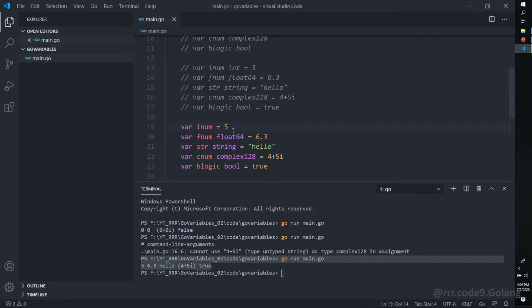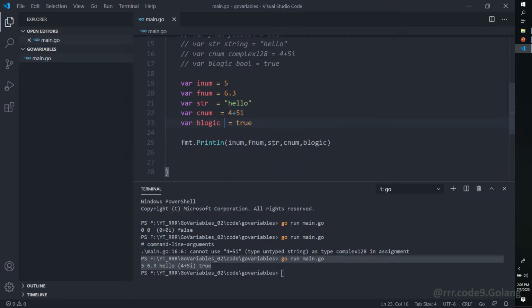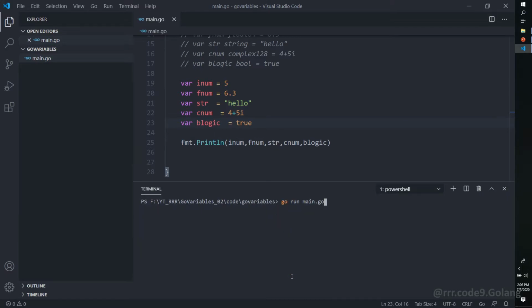Int, let's delete this, float64 not required, string not required, complex128, let's delete this. Let's delete this. Okay, so let's run the code again. So here you can see we are getting the same output.